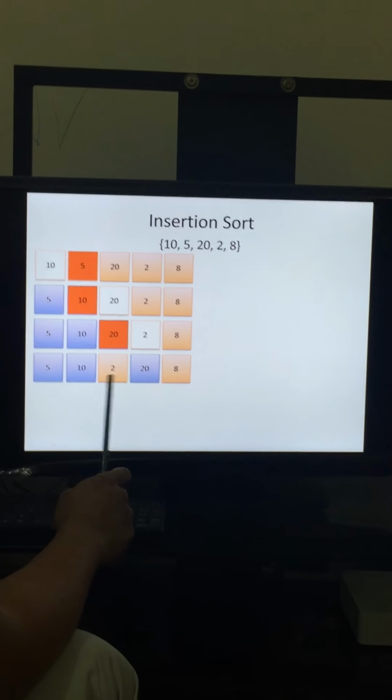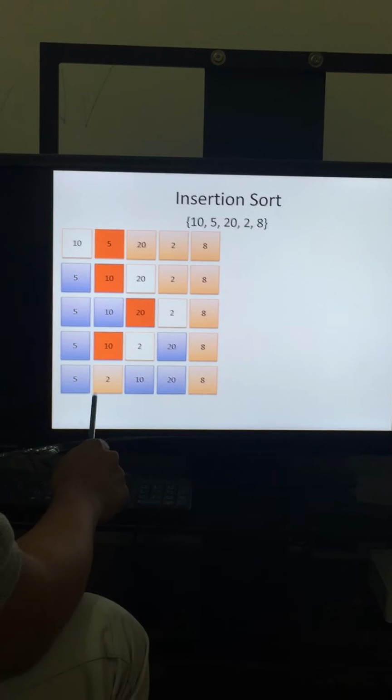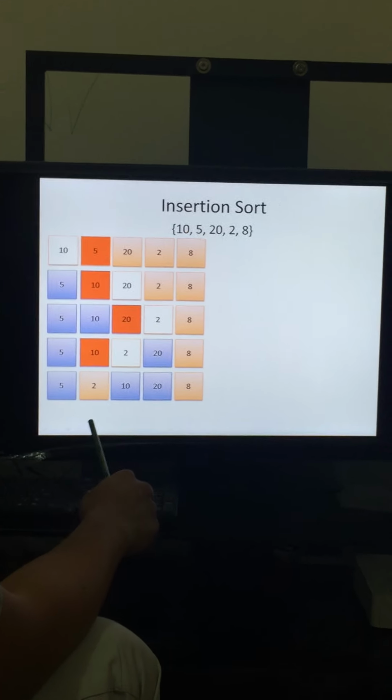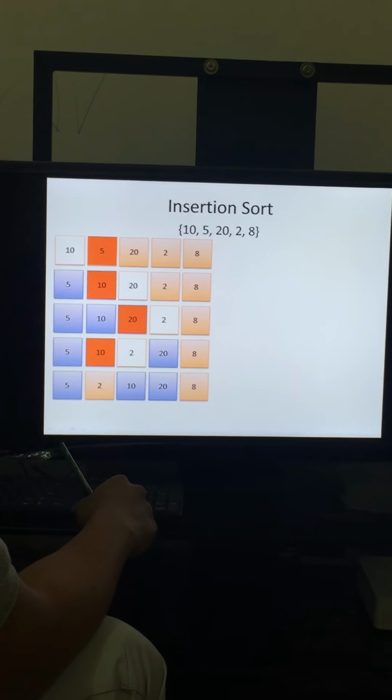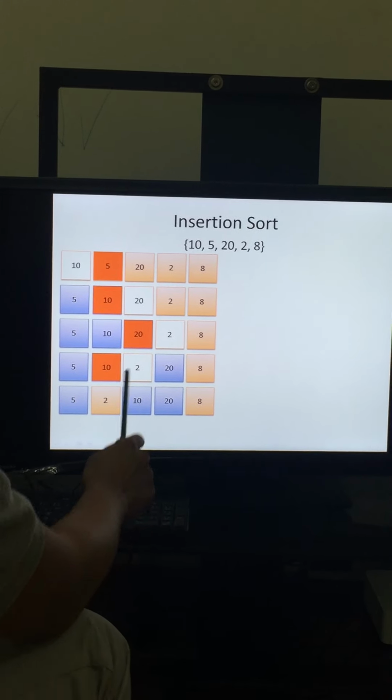element. In the first element. If you can see, now 5, 2, 10, 20 is it. 2 is less than 10. From here,